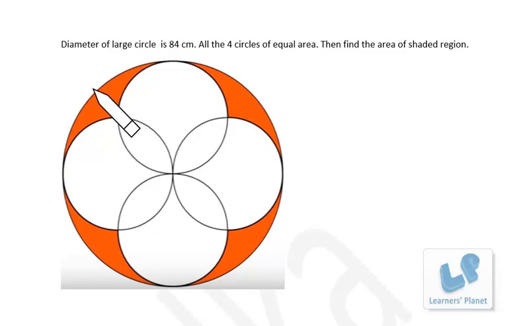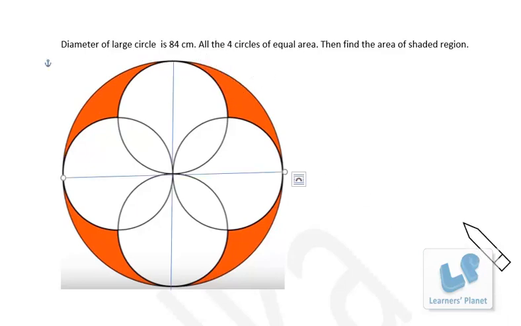So here the large circle is this, and the diameter of the large circle is 84 centimeters. So I just draw the diameter over here. Now precisely, the area of the shaded region will be what? From this entire outside circle, the larger circle, we have to deduct the areas of these four smaller circles, but we have some region that is common, that is 1, 2, 3, 4. So 4 regions we have common, right? So we have to consider that also, right?